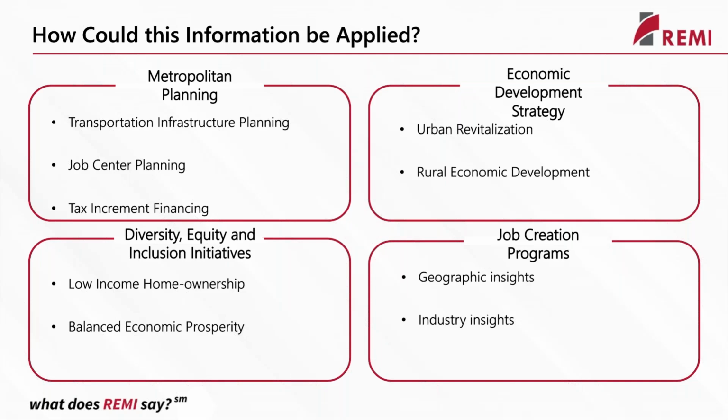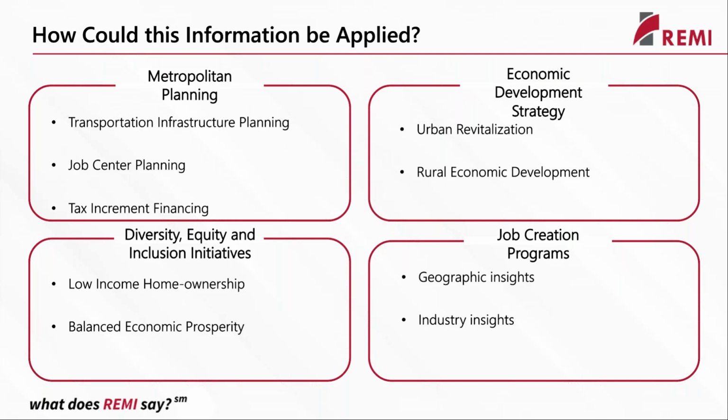And so how could this analysis be applied? This could be helpful for a metropolitan planning organization if they're trying to understand how housing price increases might change demographic shifts, which might have implications for transportation infrastructure, or if they're planning job centers or bus routes, etc. This could be important information to understand who's being helped and hurt in this economy. It also could have really strong implications for economic development. If leaders are trying to revitalize urban centers, they might have more information now on how households are hurting and in which sectors of society are being impacted the most.